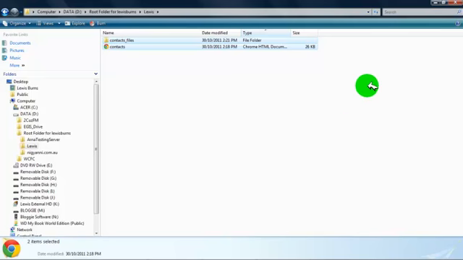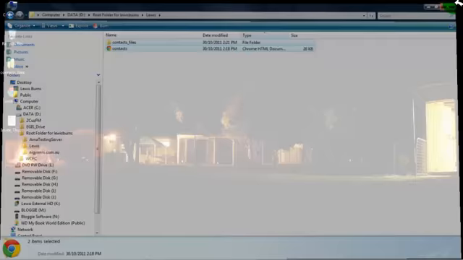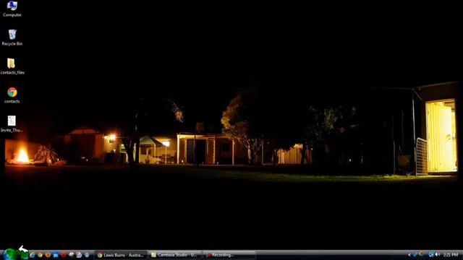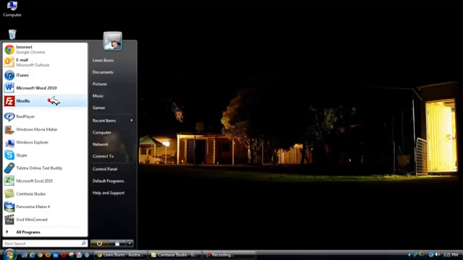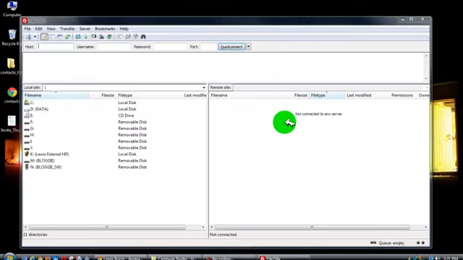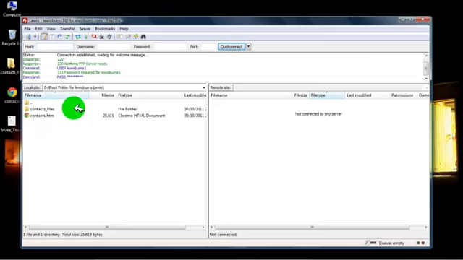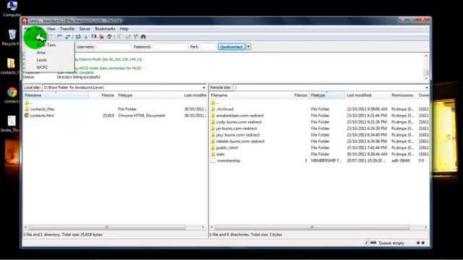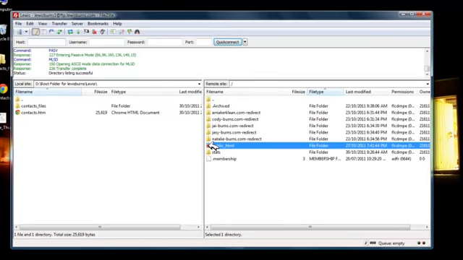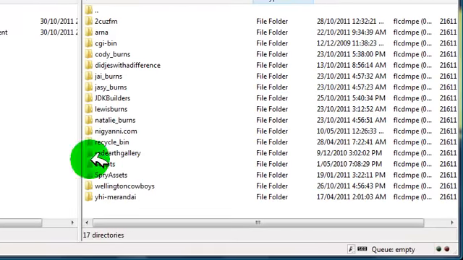Now that they're in that folder, I can close this or minimize it, and I'm going to open Filezilla and make the connection and upload that file. So I'm going to look for my connection. There it is, and straight away it goes in and connects, and you can see other connections that I have available there. There we go, directory listing successful. So what I'm going to do is navigate to that file now, which is in my folder, this one,